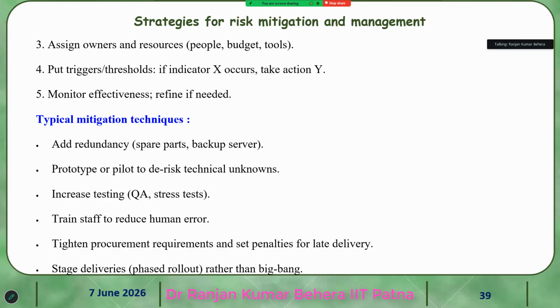So sometimes the vendors, when you require, they don't come. So that is why you cannot always say that we can put penalty for delay. Even if there is delay, you have to accept it. And stage deliveries, that is phased rollout rather than big bang. So that is how we